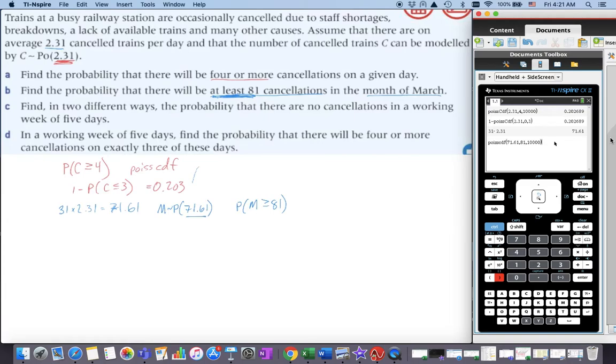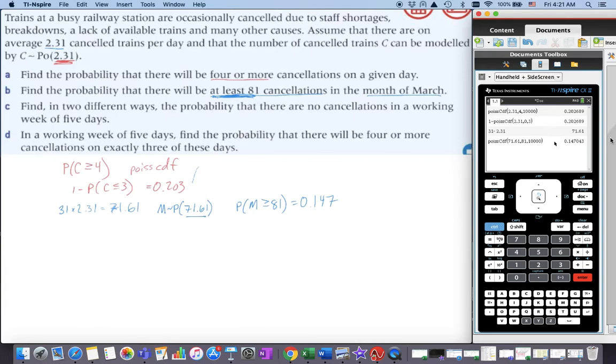Again, you could do the opposite and subtract it from 1, and that would work as well. All right, and we push enter, and we should get our answer, which is 0.147. So pretty small probability that you're going to have more than 81 cancellations in a month. Though we say that's small, that would still be maybe two months a year that you would get that.